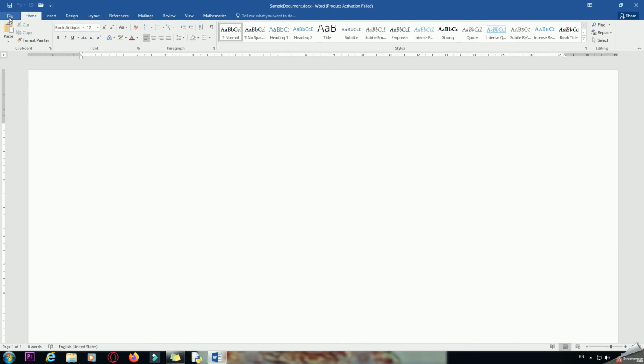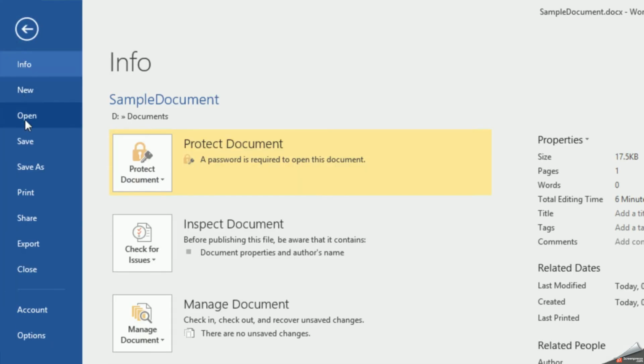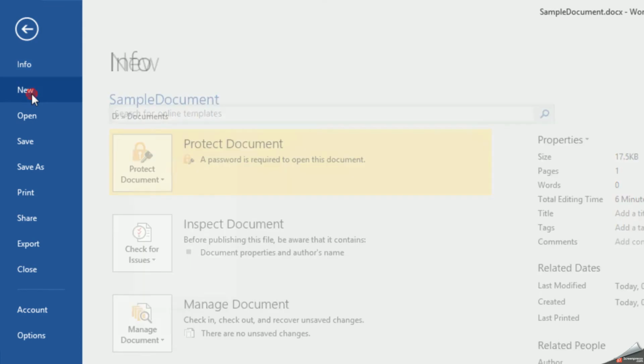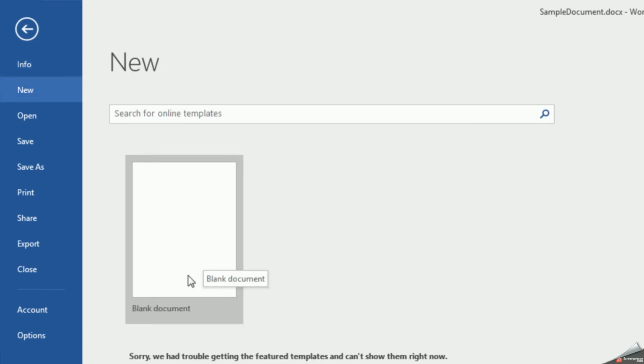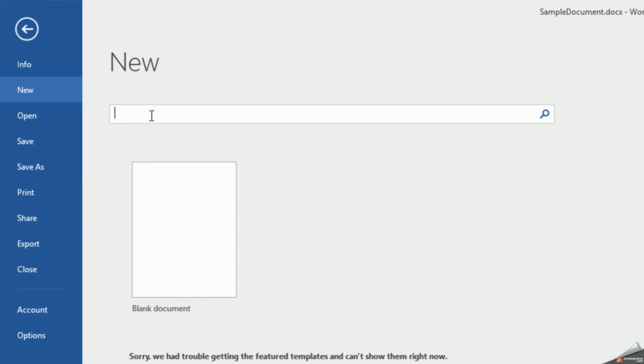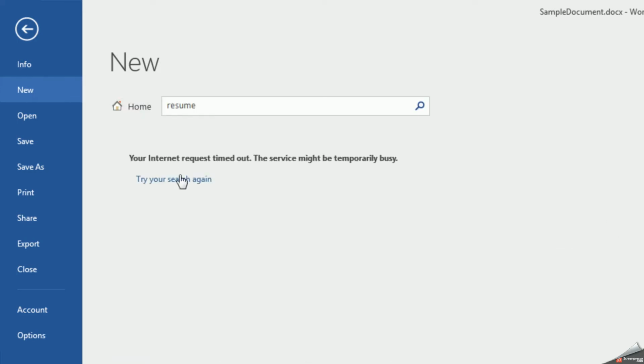Going back to the file menu, the file tab, you will find other options like new. So when I click on new, it allows me to open a new document. So right now we can also search for online templates. So we can just type over here resume and press enter.